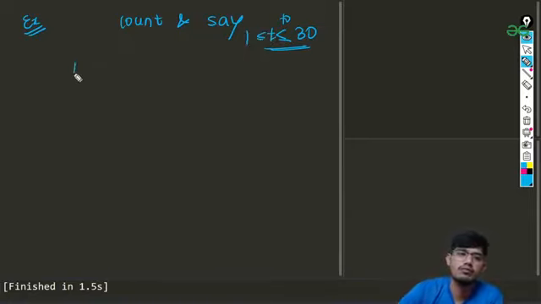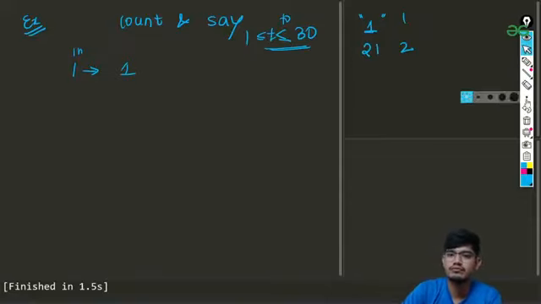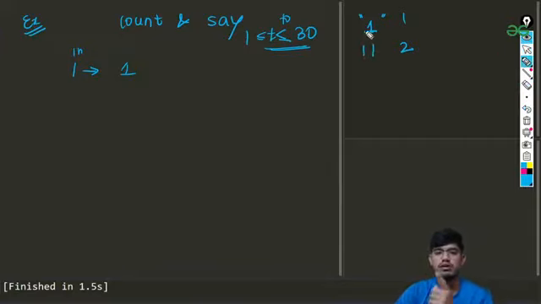For example, if the input is 1, the output should also be 1. Basically, if we have 1, it will be 1. If we have input as 2, we can write this as 1 1. In the previous iteration there was only 1 which occurs one time. So we'll be writing how many occurrences there were in the previous one. So 1 occurrence was there for 1.